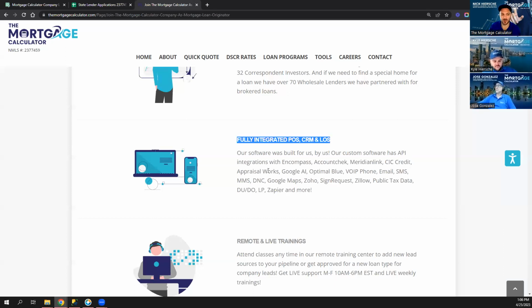We have the appraisal with the click of a button, Optimal Blue pricing with the click of a button, but still all the same great services you guys are used to, but tied in through an API where it's just one login for you guys and a button on the deal. So we'll show you guys what that looks like on the back end, but we basically operate everything through an API, which allows our software to do exactly what we need it to do, exactly at the time we need it to do it, and with our own buttons.